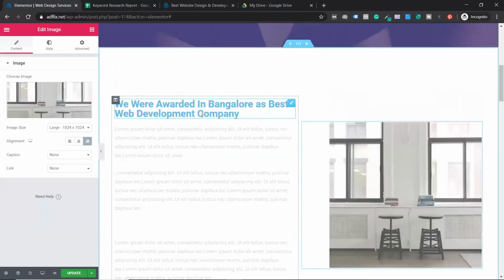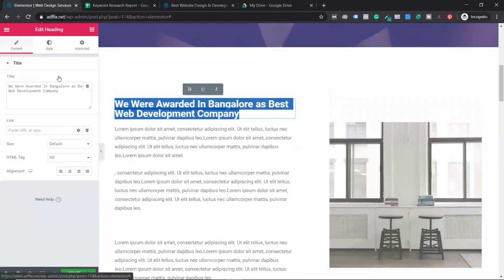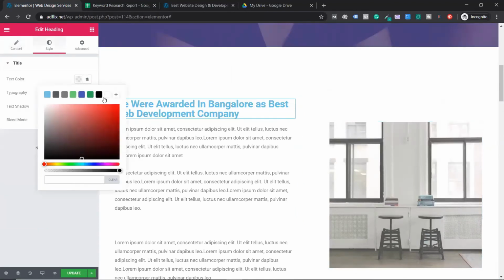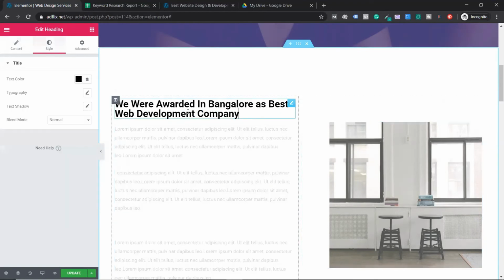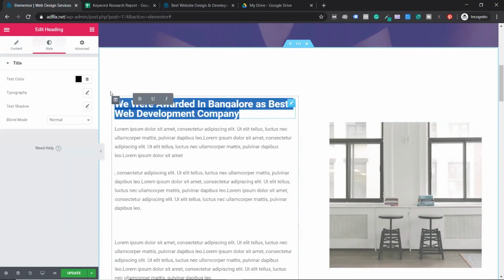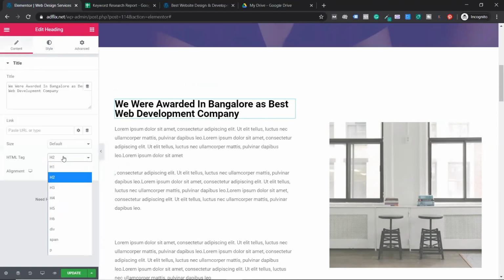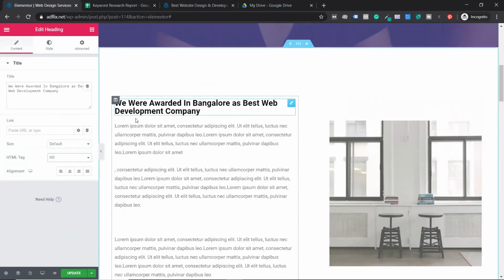Now you can change the text color, guys. All these things are default. You already know it. I can go to text color and you can make it changes. You can change the font family. You want to change everything. And again, guys, select this text. And afterwards, you want to make it H2. You can make it H2. Can you see, by default it is H2? You want to make it H3 is also fine. Whatever you want to choose.